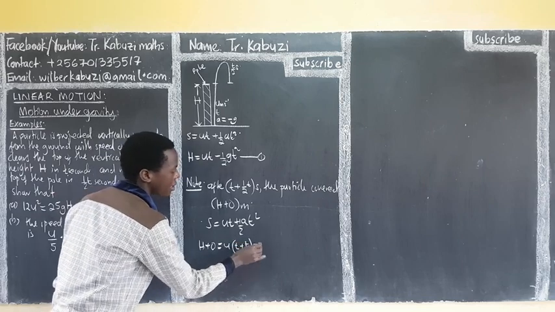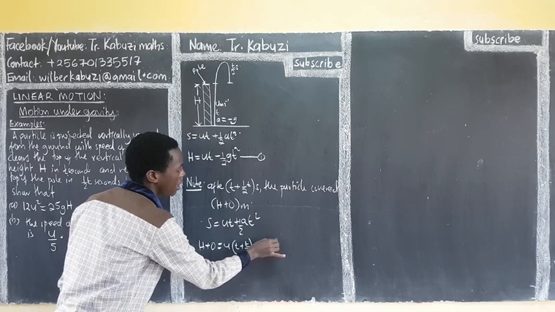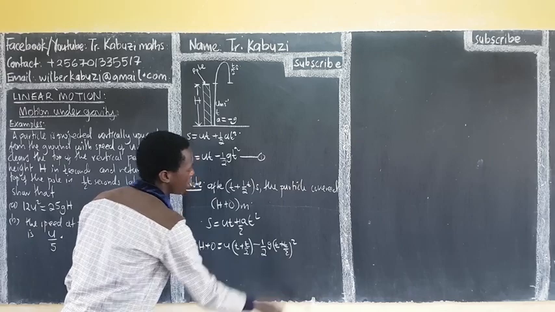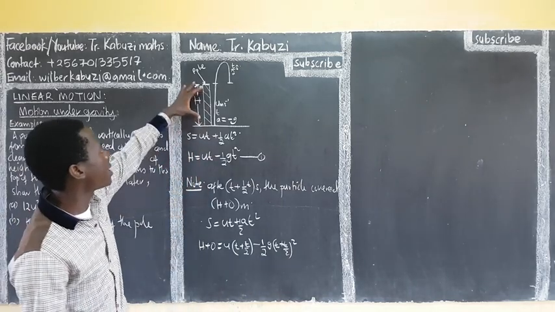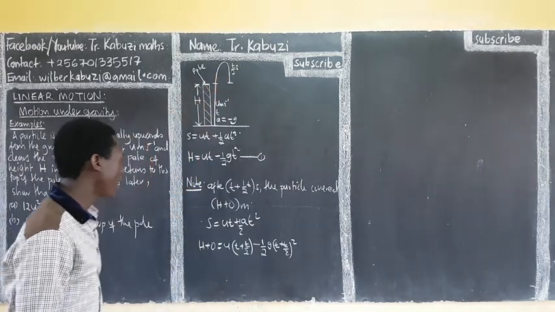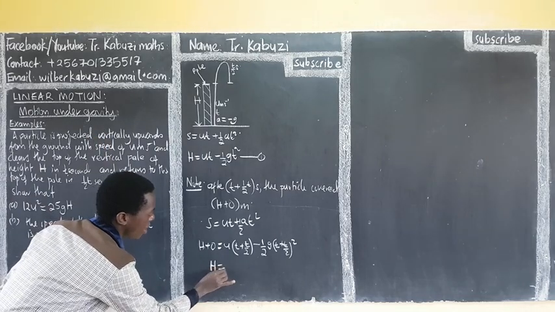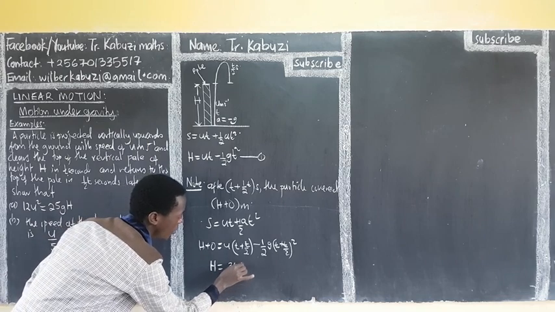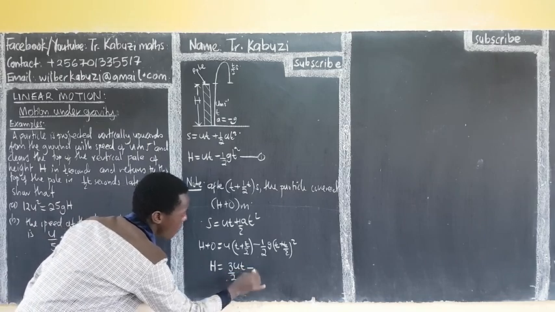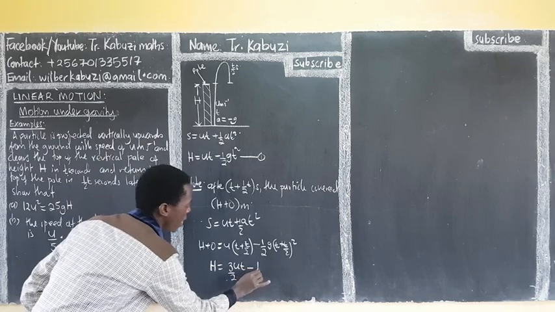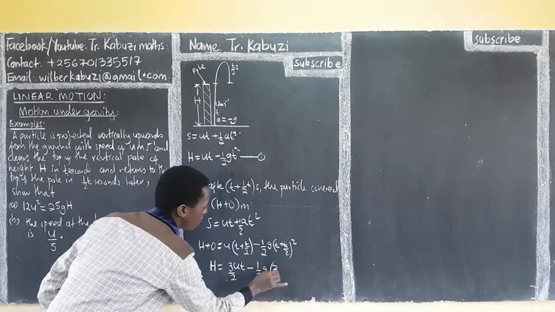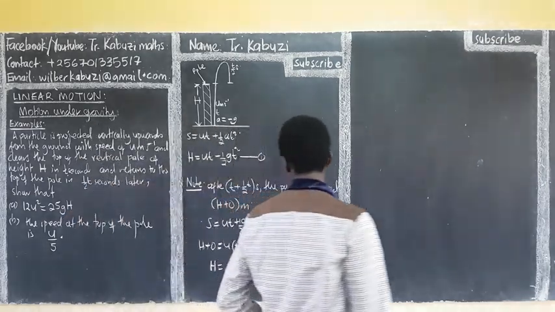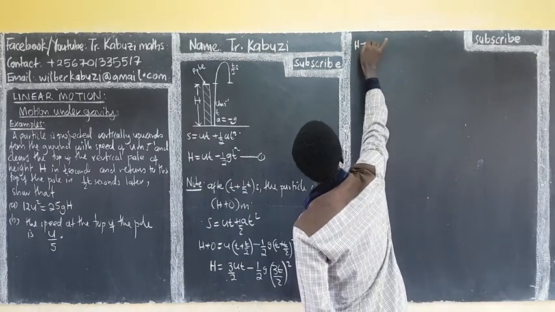Then minus a half g into t plus t over 2 squared. So this time here, we add this plus that there. So our h is going to be equal to 3ut over 2, then minus, we have a half g into 3t over 2, the whole squared. To simplify that,